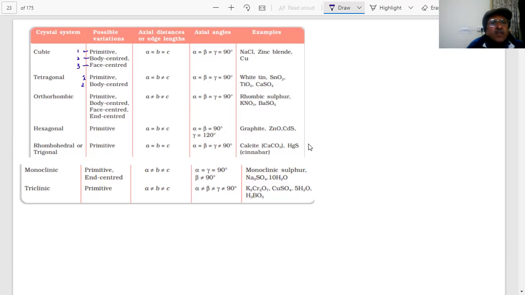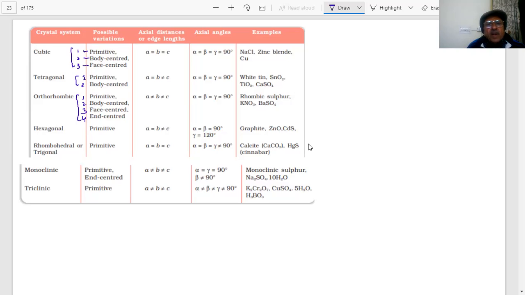Orthorhombic, there are four possibilities in orthorhombic. How many? One, two, three, and four, students. A is not equal to B, B is not equal to C. Angles alpha, beta, gamma 90. Example, rhombic sulfur. In the case of sulfur, we told you when we were studying the allotropes of sulfur, rhombic sulfur. Potassium nitrate, barium sulfate, students,